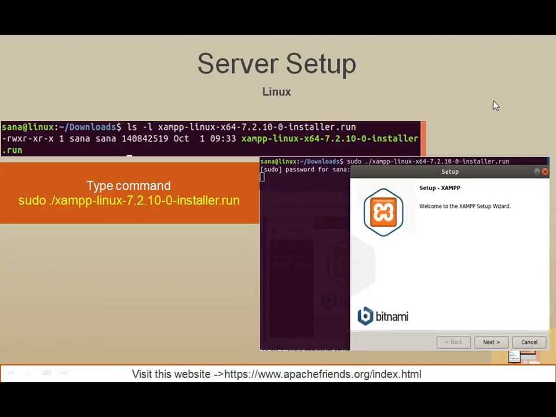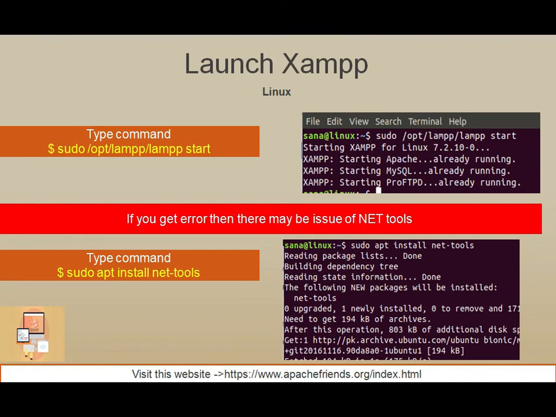After that, you have to run ls, and then run the installer command, and this command will run your installation. After the installation, XAMPP will automatically start, and the same process will be looping here. Check all of that, and after this prompt completes, type the command sudo /opt/lampp/lampp start.